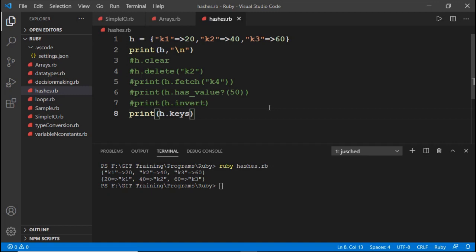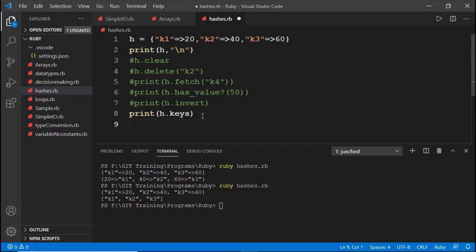All these keys are going to be returned by the keys method in array format. So let us run this one. See, k1, k2, k3 are enclosed in square brackets because they are returned in array format.